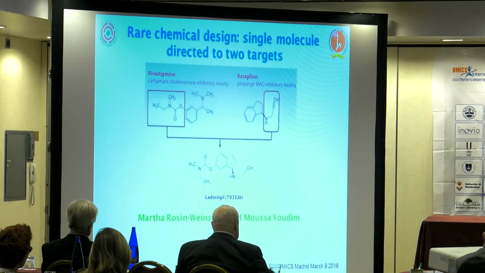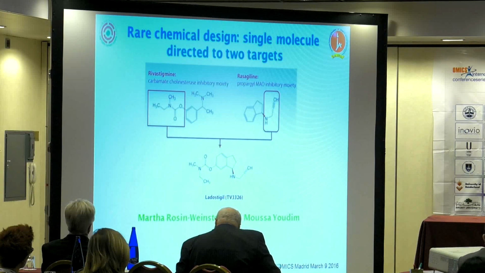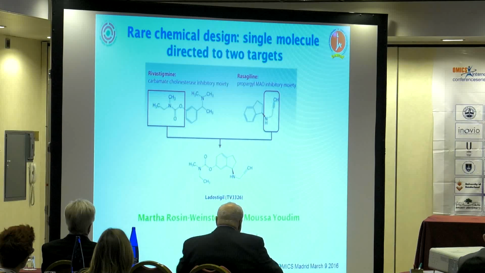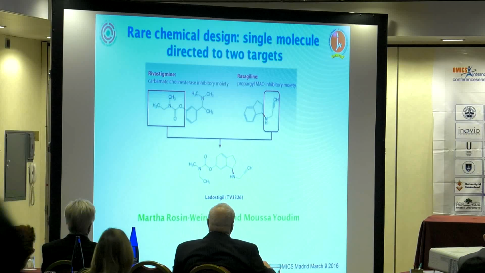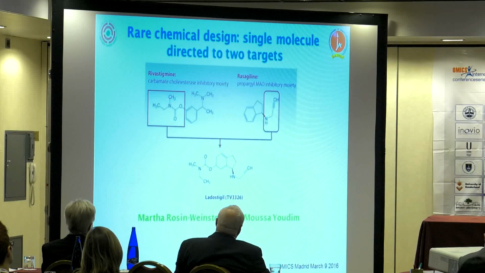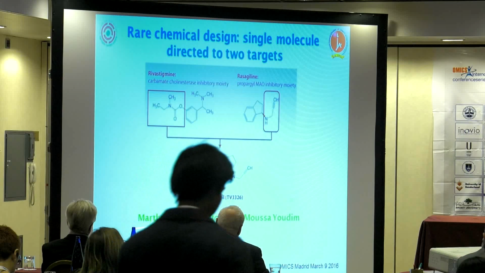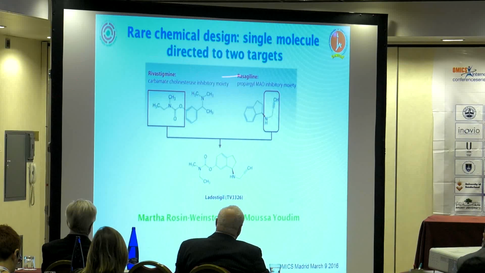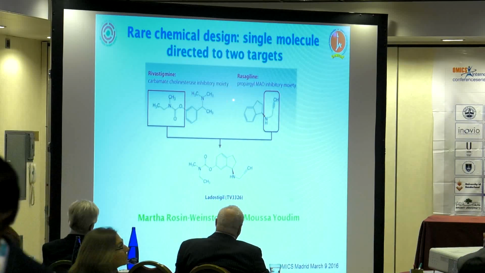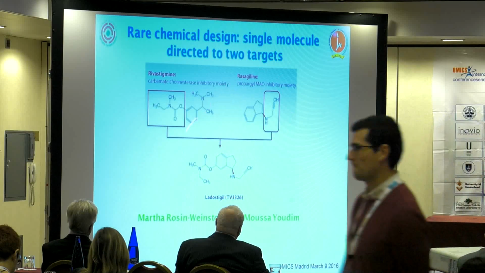So the better solution is to combine different drugs into a single molecule, but that has been a very rare event. And I'm aware only of this single success in combining a very well-known acetylcholinesterase inhibitor, which was on the market already since the mid-90s, designed and produced by a colleague of mine in the School of Pharmacy, Marta Weinstock. It was sold by Novartis for about $1.5 billion a year. Rasagiline, from the group of Moussa Youdim at the Technion, is a MAO inhibitor, a MAO-B inhibitor, and combining the two